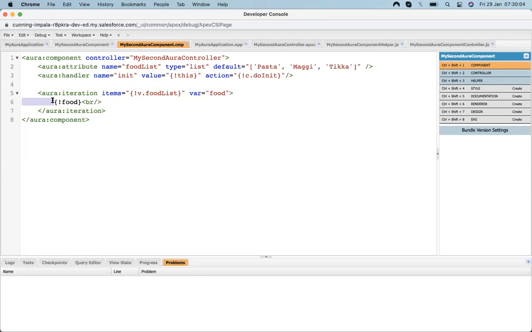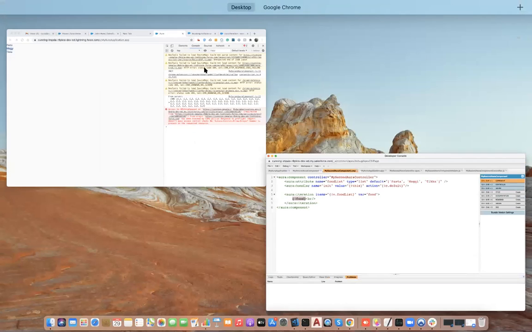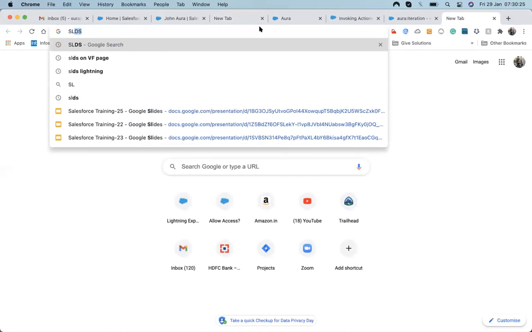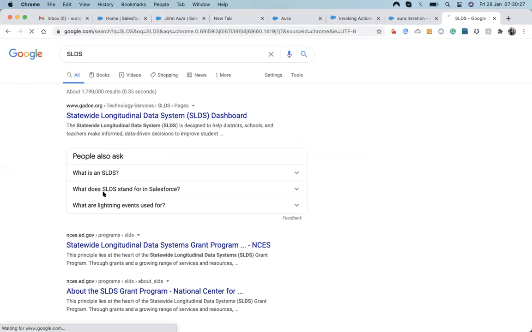Since it is coming as a name, we can make customization here. Let's have a look at how we can customize. Suppose that instead of displaying the list items like this, I just want to make some customization here. SLDS.